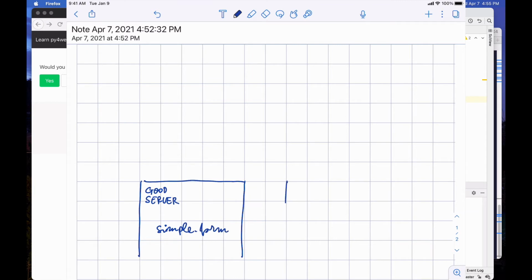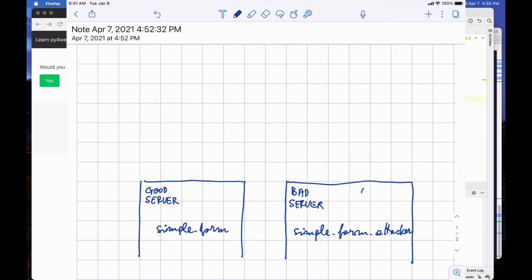And then we have a bad server, and this bad server serves our Simple Form Attacker app. And from the attack endpoint, it can serve a form. So here we had the add endpoint. So if the user browser is this one, right?